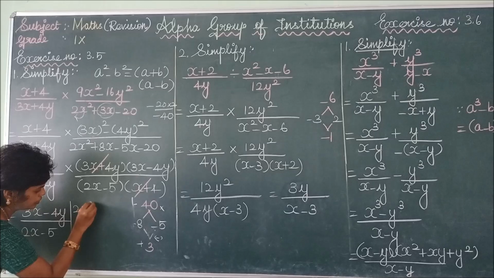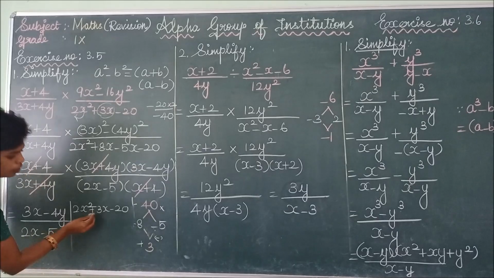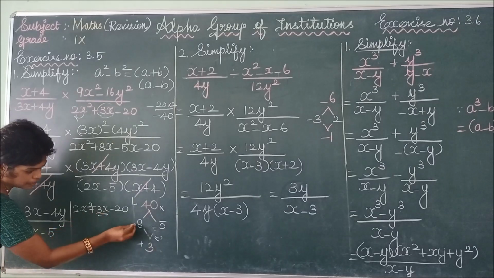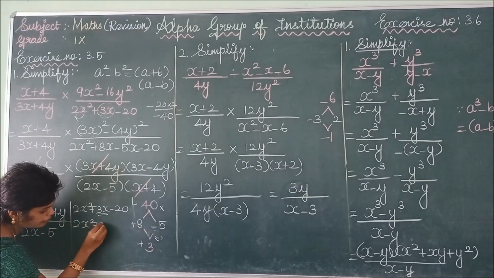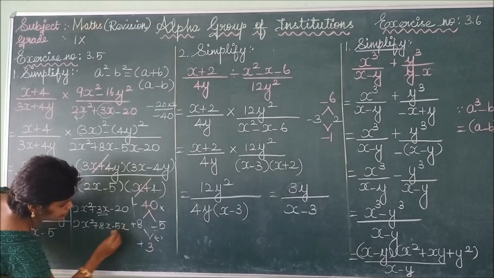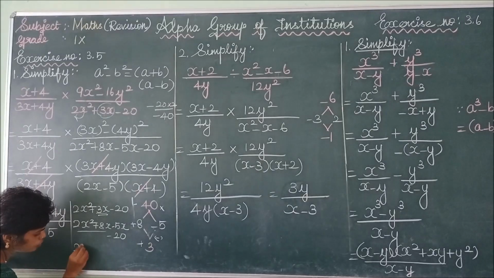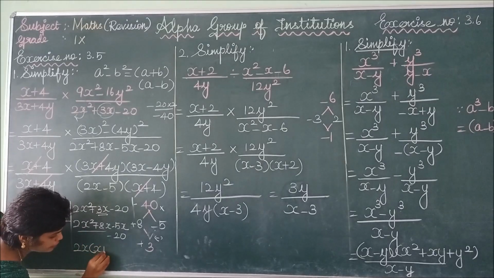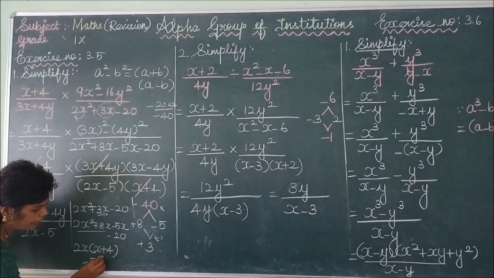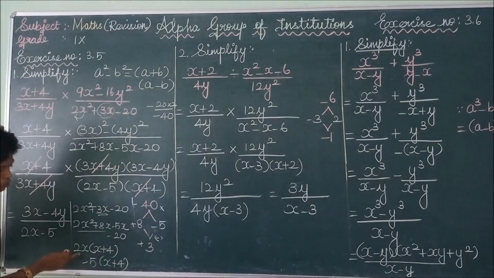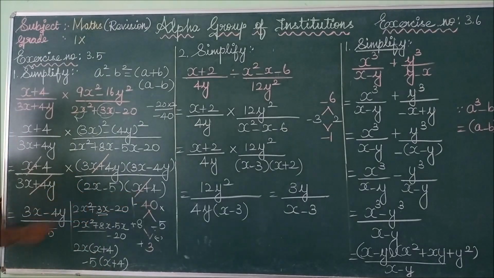So write that 2x squared plus 3x minus 20. How can we split and write? This 3x can be split as plus 8x and minus 5x. So 2x squared plus 8x minus 5x minus 20. From the first two terms, we can take 2x common. With 2x outside, what's the other term? x plus 4. From the last two terms, I am taking minus 5 common, giving x plus 4. So what are the factors? 2x minus 5 and x plus 4.